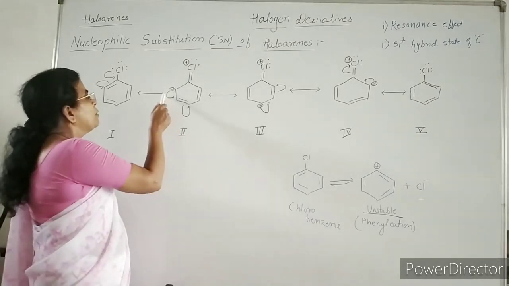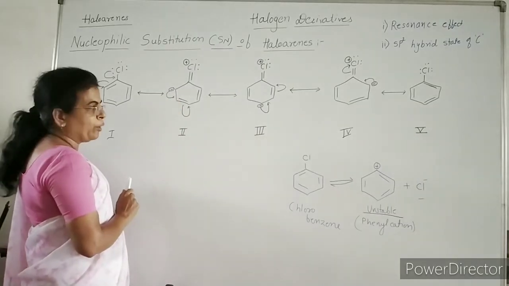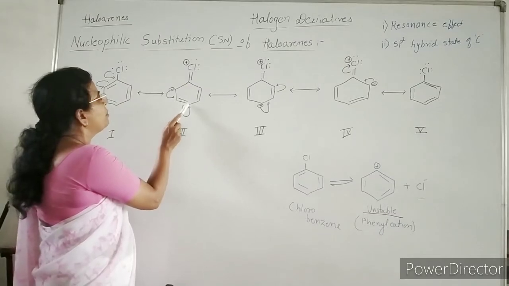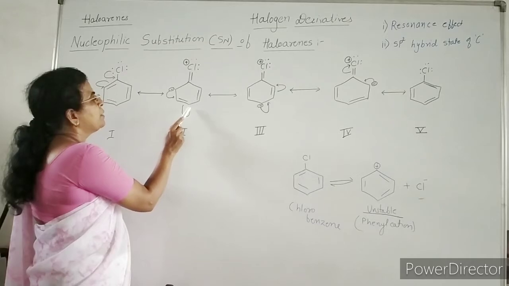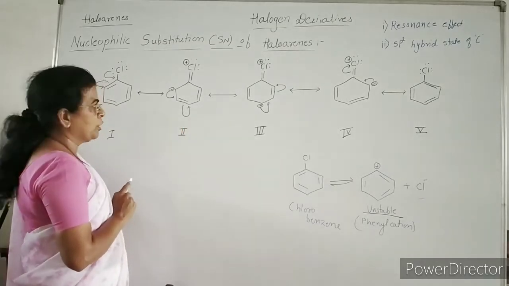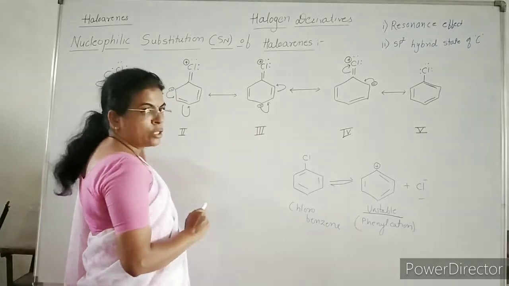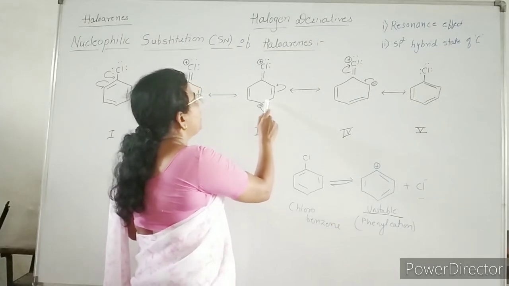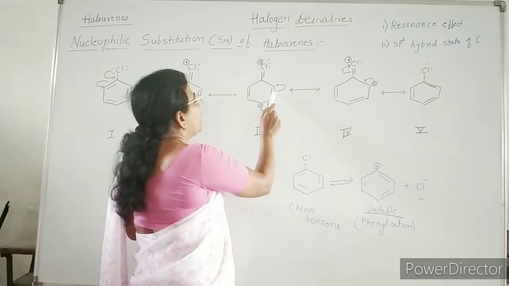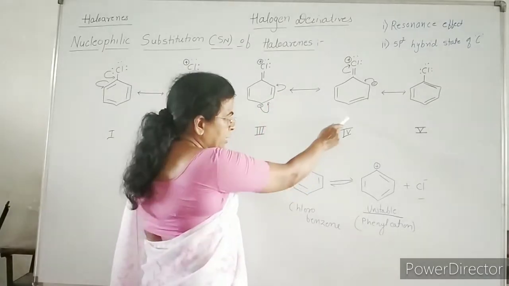Then these electrons of the ortho position get shifted in between these 2 carbon atoms of the aromatic ring, and the pi electrons of these 2 carbon atoms get shifted onto the para position. Then we get this structure. Now the para position becomes electron rich. Then again this electron pair gets shifted between these 2 carbon atoms, and the pi electrons of the aromatic ring get shifted to the ortho position. We will get this structure.